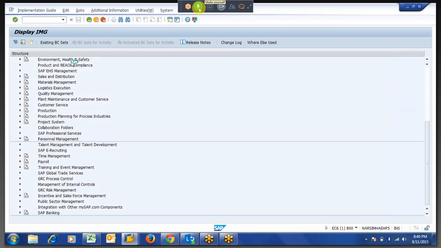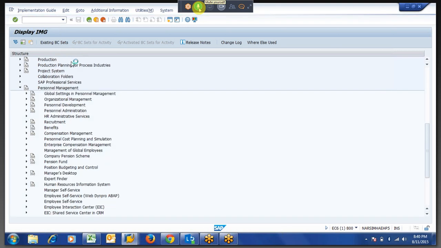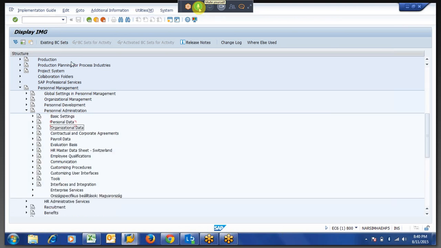Generally, when you do the basic configuration for the payroll, you go to personnel administration, payroll data, basic pay, and then you have the first node.